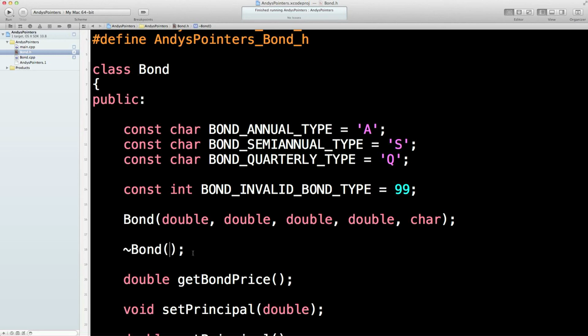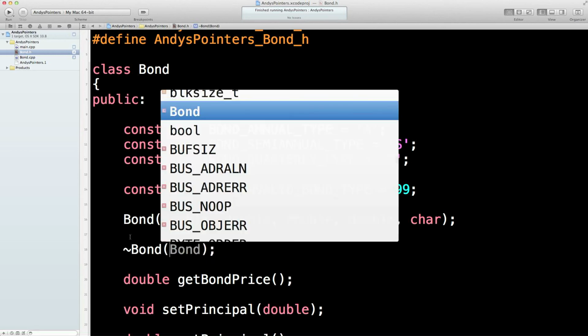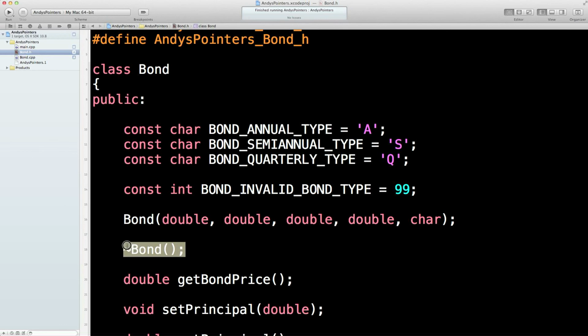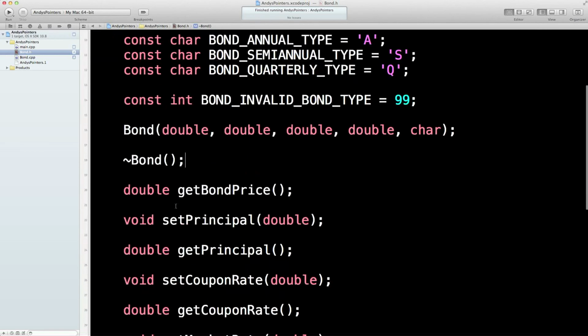The other thing, you can't send it anything in here, and you certainly can't overload it. So you get one of these, it's a one-time operation. With a constructor you can get many of them depending on the number of variables that you're overloading it with. With this one, it's a one-off operation, so you'll see there's either never or once, and that's it. Okay, now let's go into the